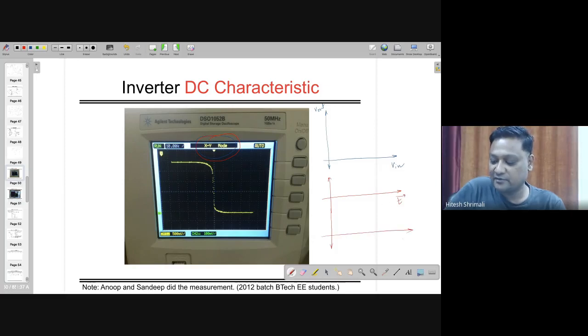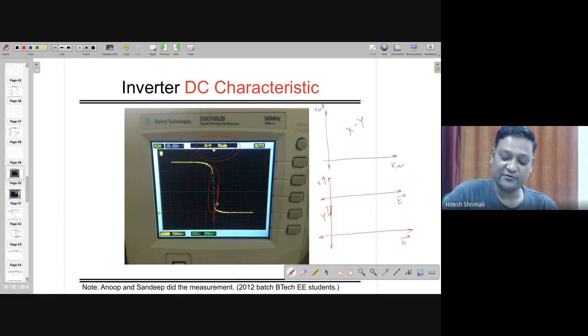If you remember, the oscilloscope can only work with time, where one is channel X and one is channel Y. Some people call it horizontal channel and one vertical channel because of its arrangement in the oscilloscope, right? And if you are doing X with respect to Y, you can have the XY mode, and you can have such characteristic. So when they did such characteristic, they found that there is a very small region of input where there is an amplification.